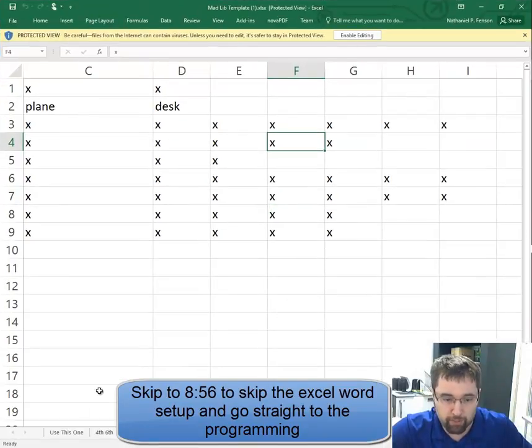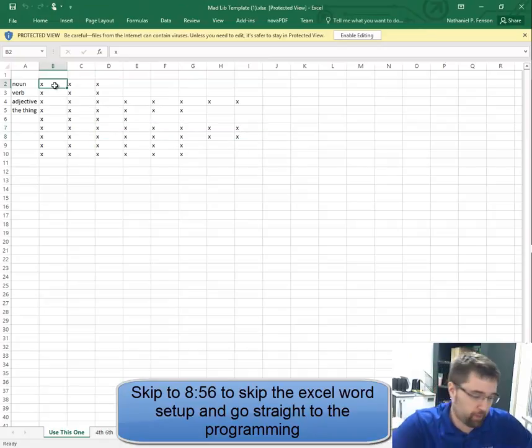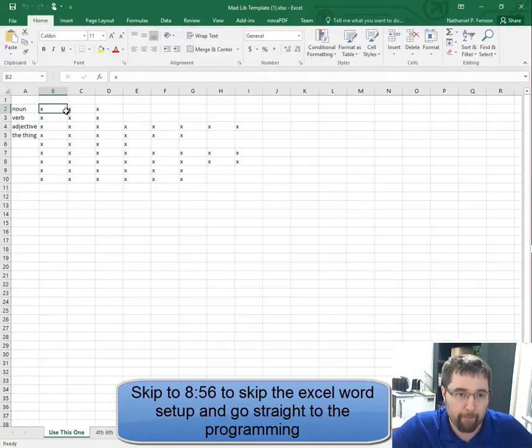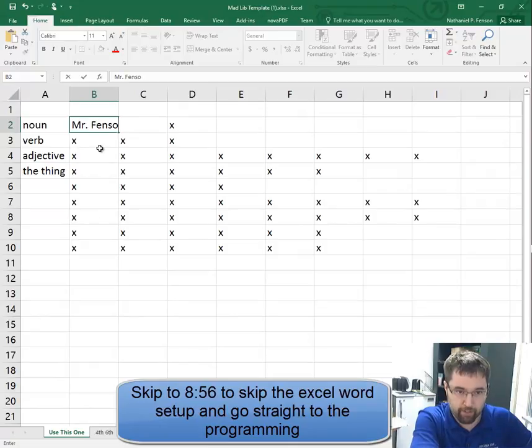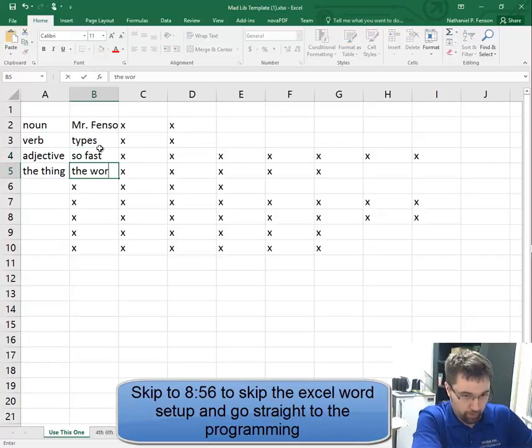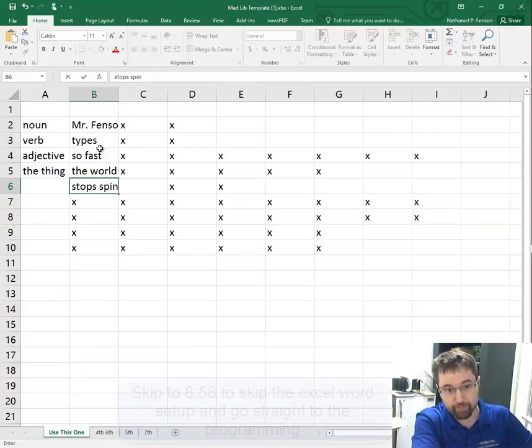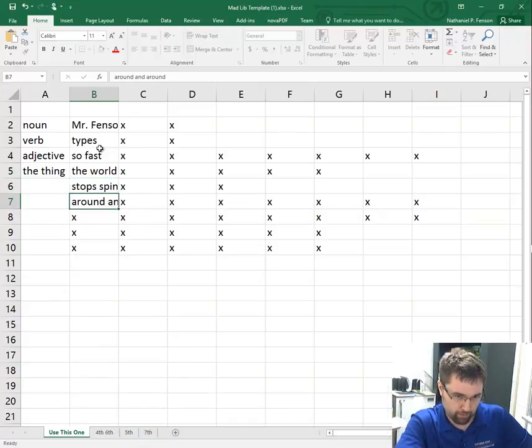So I'm going to maximize this. I'm going to use this one. I'm going to go Mr. Fenson. I can enable editing. Zoom in a little bit so we can all see it. So Mr. Fenson types so fast the world stops spinning around and around